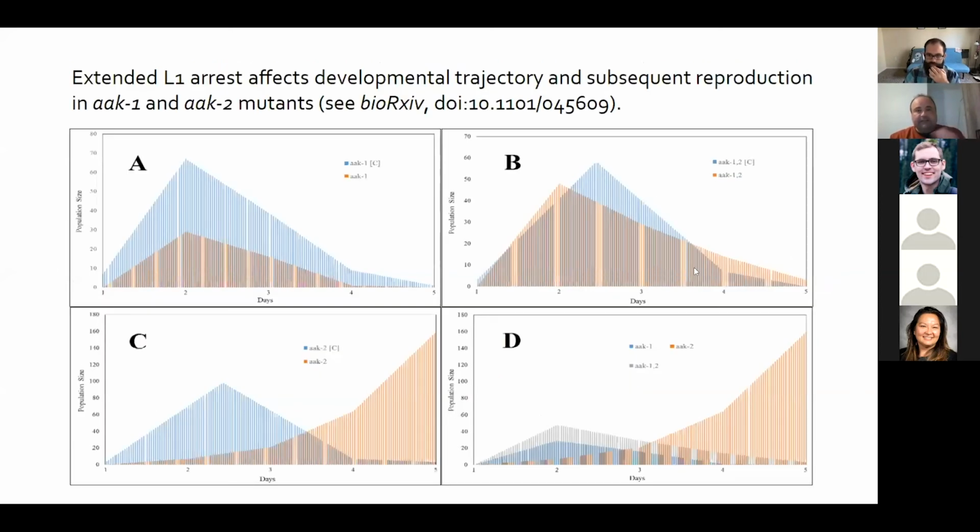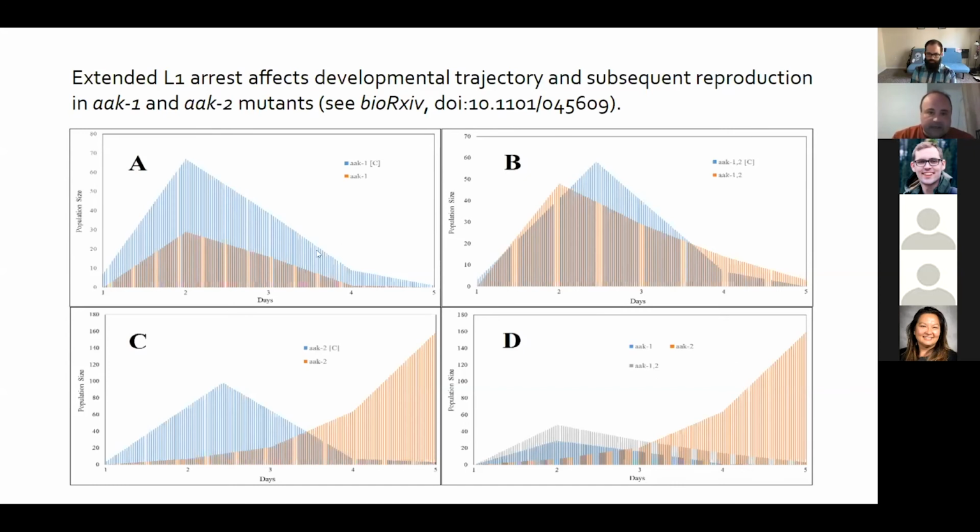And so we did this in wild type, but we also did this for a number of mutants. We did this in AAK1 and AAK2 mutants. AAK1 and AAK2 are well known for having different effects on the longevity of the worm and their physiological function if you put them under any sort of stress. So the AAK1 and AAK2 mutants show deficits in their metabolism. There's been some work in the literature, but it wasn't very well quantitatively characterized. So that's why we picked these mutants.